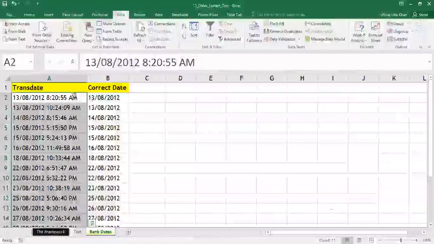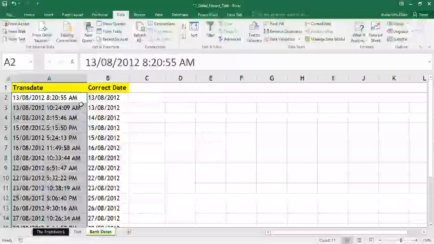Now people, if you see, it's only the column B which I have got the date. I have not imported the time and the AM and PM column. This is how people, you basically use the text to column utility to split the data into multiple columns, as I've shown you 3 examples.